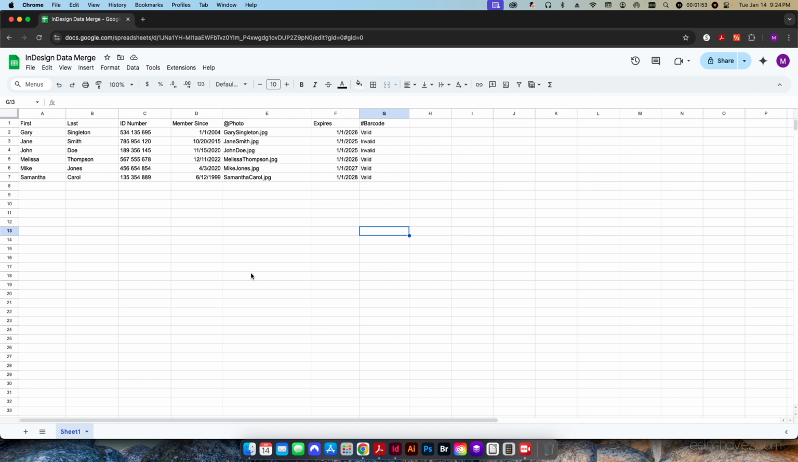We just need to make sure when we save our database, we are saving it as either a TXT file or a CSV file. Those are the two formats that InDesign is going to recognize for our data. So first things first, when you set up your data, you're going to want to put header rows for all the columns. And this is basically just as an identifier for when we open up the data in Adobe InDesign. So you can see here I have a first name, a last name, the ID number, how long the person's been a member for the gym, a photo, when their membership expires, and then the barcode that you see here